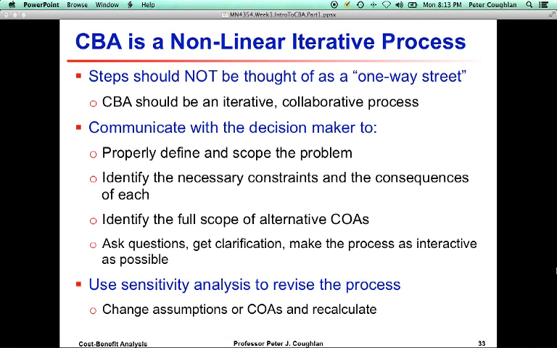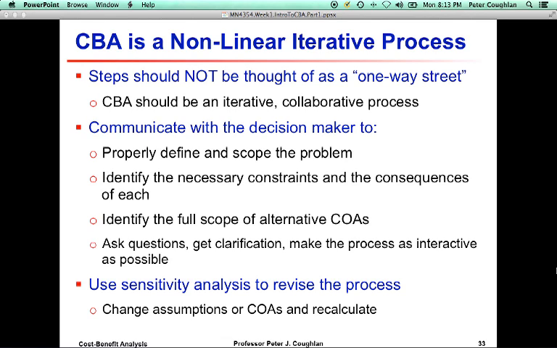like, did we properly define the scope of the problem? Did we identify the right constraints? Did I communicate the consequences of these constraints, and did we change those constraints? Right? What about, did we identify the full scope of alternative courses of action? Did you present the preliminary results and say, hey, what about considering this alternative? Right? The bottom line is that you should continually communicate with the decision maker, ask questions, right, such that you